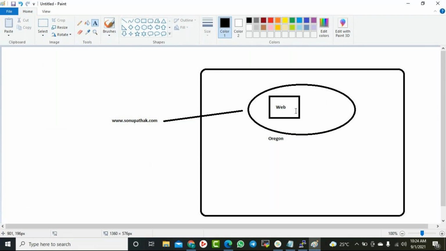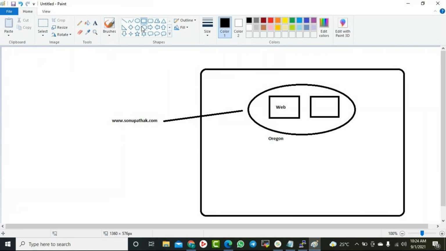You can keep one more duplicate server in this region only, and you can have a duplicate server here in a different availability zone. So this way, high availability for your data center will also be possible.